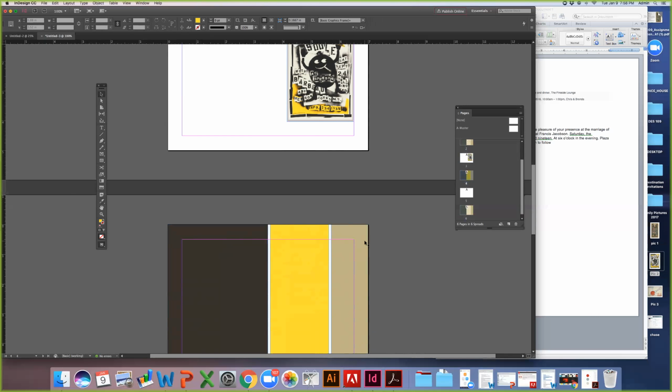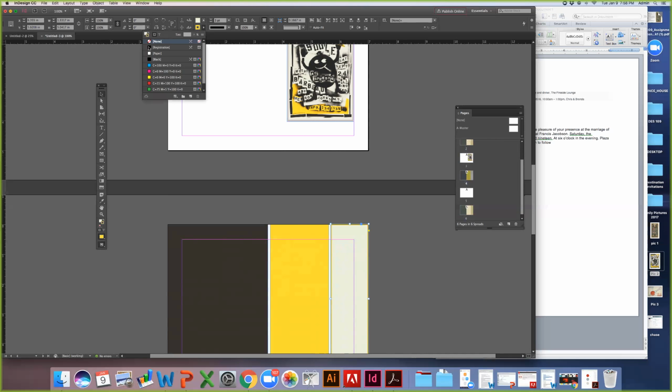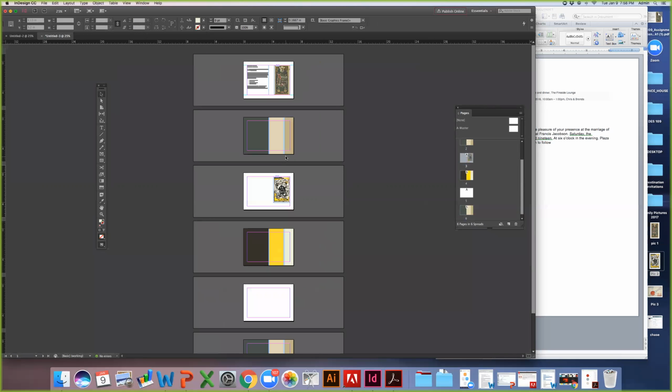And then this one I want to be the light gray that they're using. Oh, make sure to turn off that stroke. There we go. All right, so now that one, it's the same design, but it's just a different color scheme